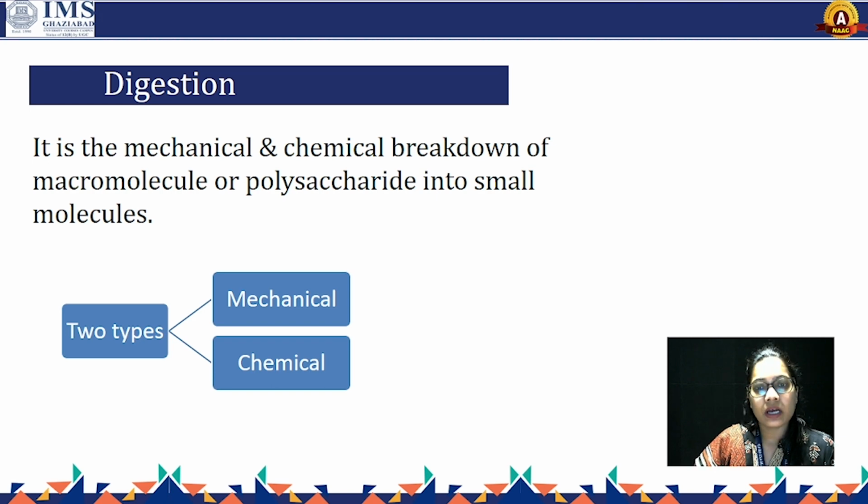Basically, why do we need a process like digestion? To run our body we need energy, and from where do we get energy as our cyclic processes run? Like glycolysis needs glucose. So from where does our body get glucose? Our body takes glucose from the food which we consume.